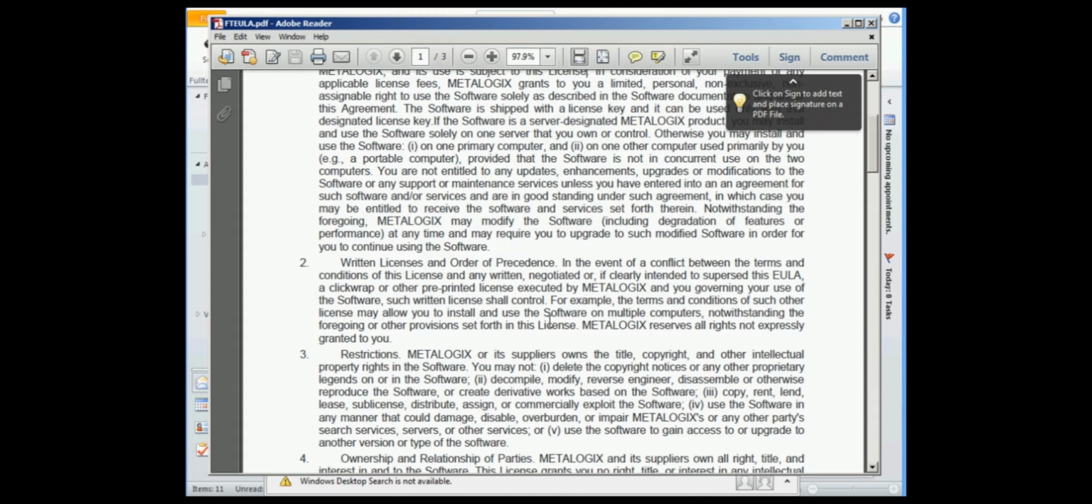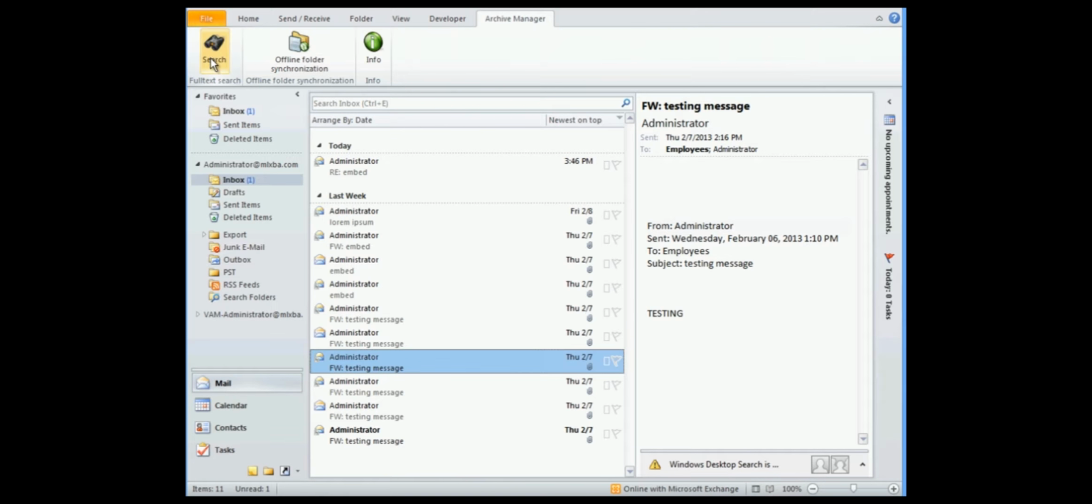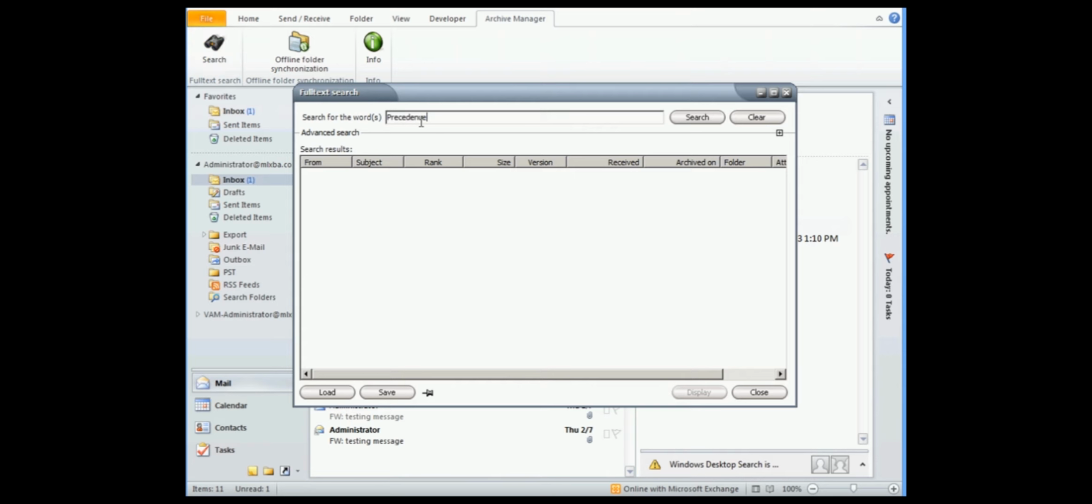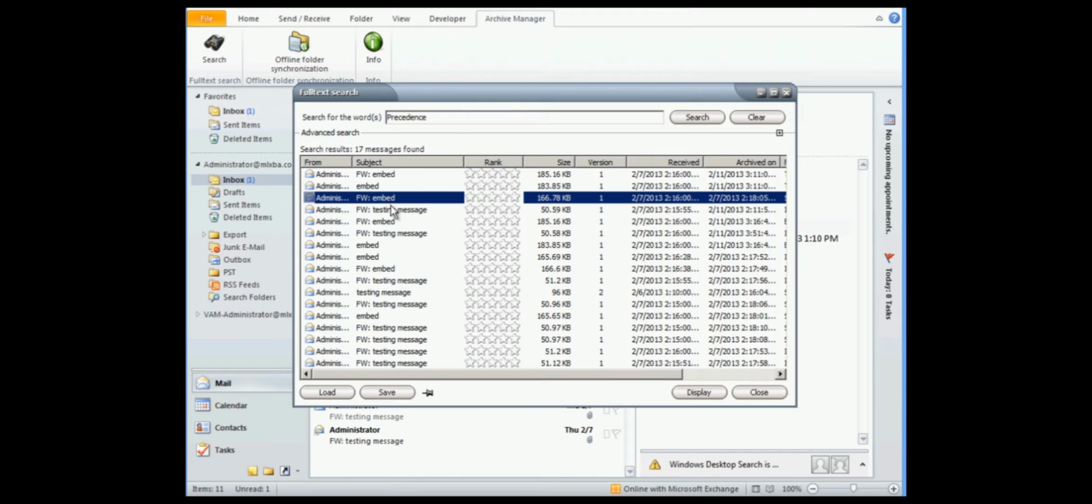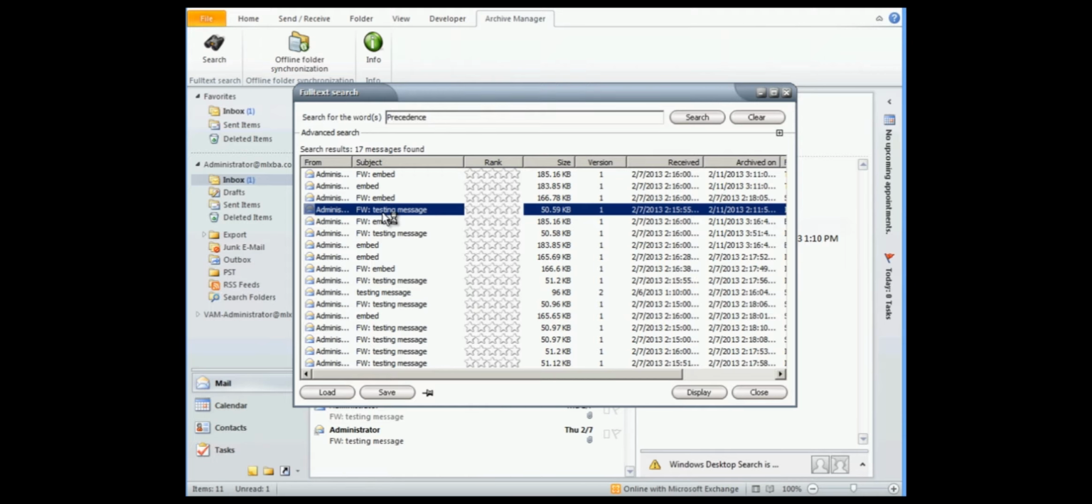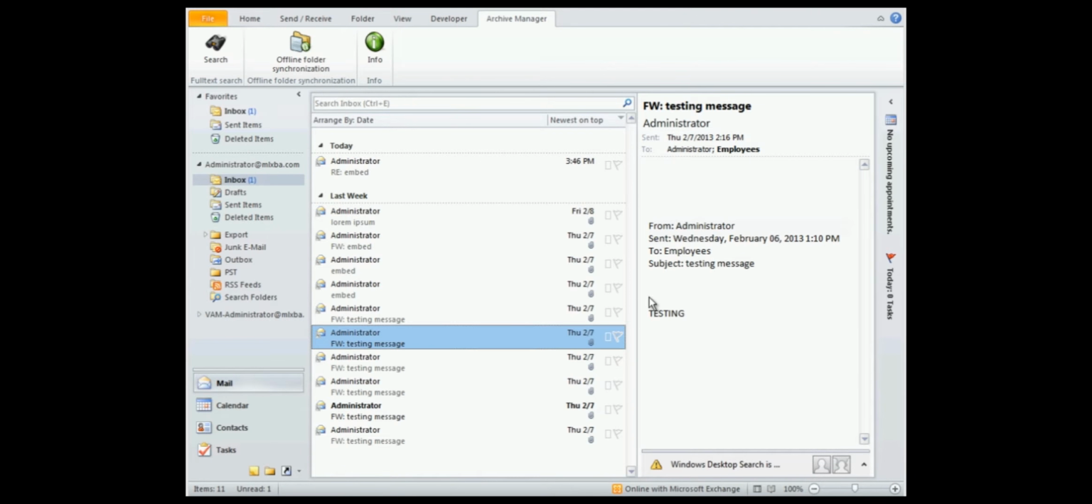So let's take a word, precedence. Let's just mark that, close that. So remember, this attachment is in the archive. It's not sitting on Exchange, it's physically sitting in the archive. So we're going to search through the archive now, and here we are. 17 messages are found. Obviously 17 cases where those attachments are found with that specific word inside, and of course